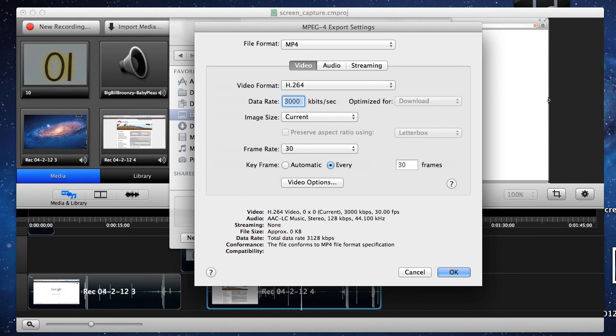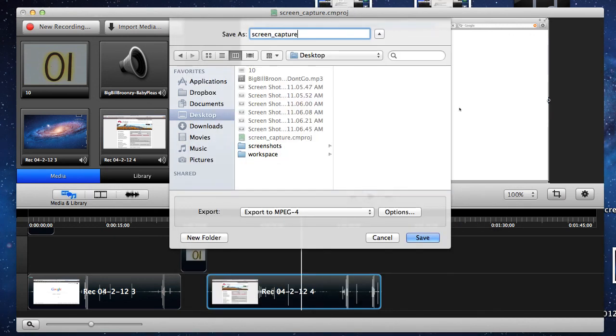For our data rate, let's leave the data rate, say, around 3,000 kilobits per second. That's pretty high. You could go even higher, say 5,000 K, but that's going to give us a nice size. It's going to be a rather large file size, but it's going to give us nice quality for our video. Once you've got all of your settings ready to go, click OK. Then you're going to browse where on your computer you would like to save your file, give it a name,